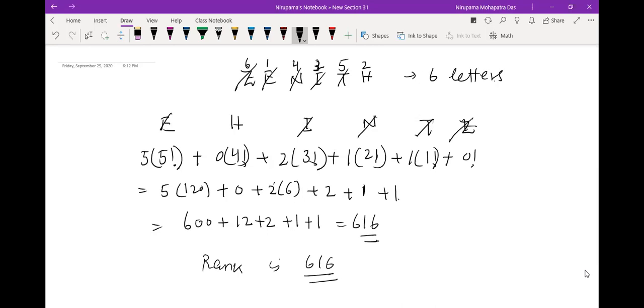So this is the shortcut way you can quickly do questions like this. And the logic I have told you in the first question also, right? In the case without repetition, the logic is very, very clear. Next class, we will be taking the rank of the word in a dictionary where repetition of letters is there. Okay, so see you in the next class. I hope this is quite useful to you.